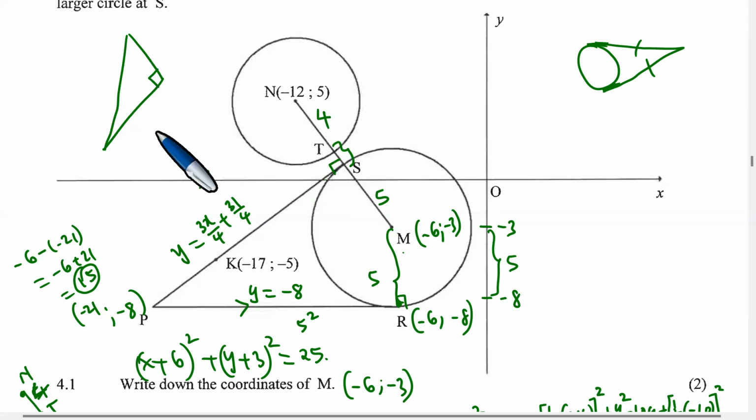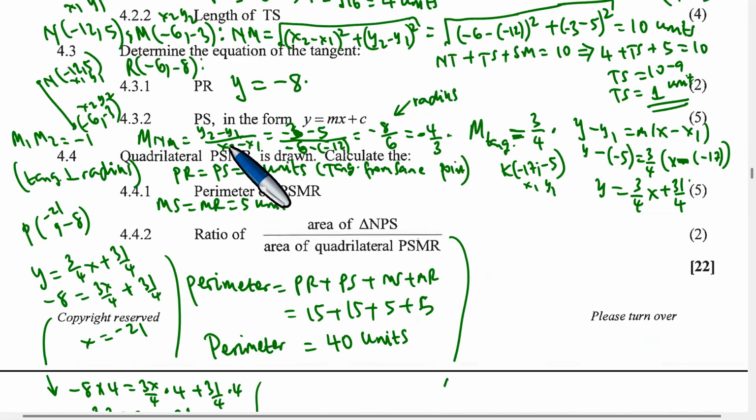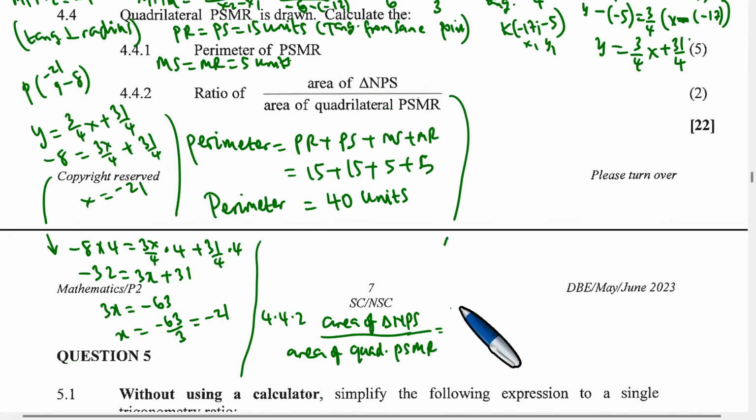Okay, this one is already 15. This one is 4. We found TS to be 1. So for NPS, this one is 5. So the triangle is half base by height. The base is 15 and the height is 5. So we just need to find the area. This is going to be half base by height, divided by